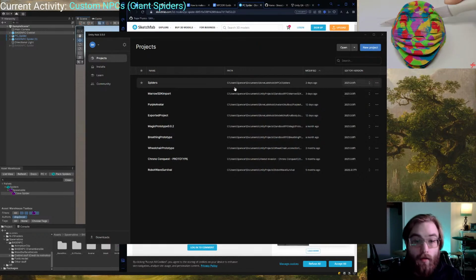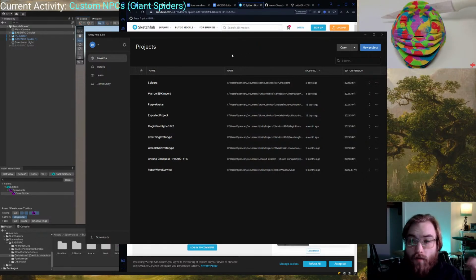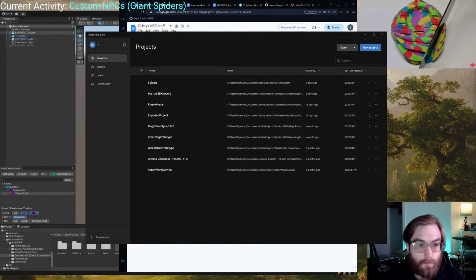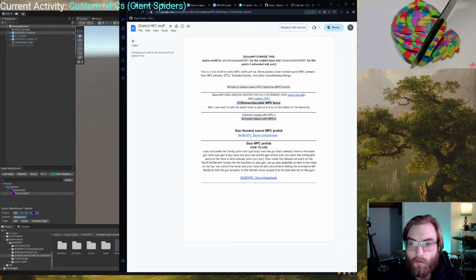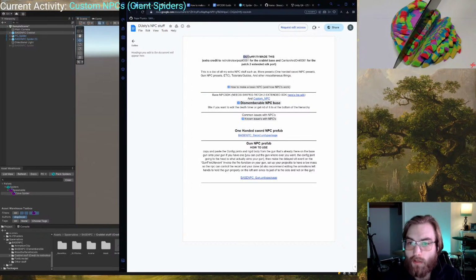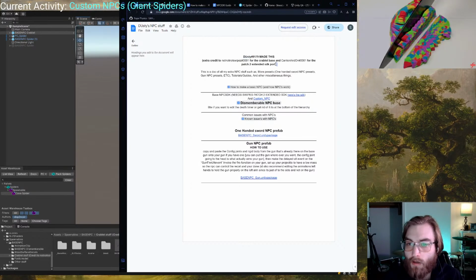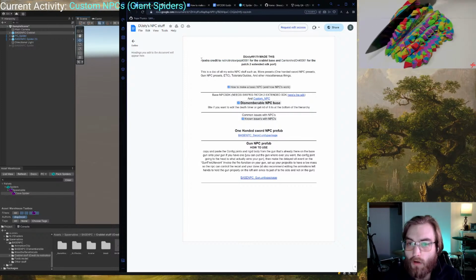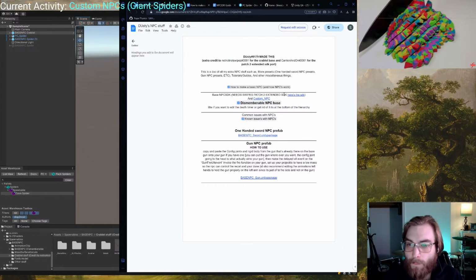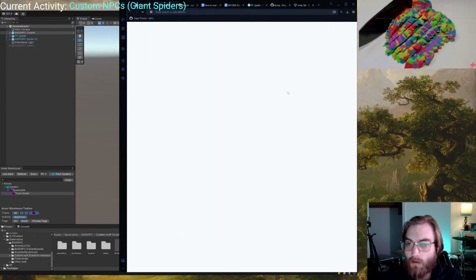Okay. Now that you have Unity installed and you have the correct version that'll work with Bonelab, you'll want to go to the Google Doc, which I put in the description. And right here, this was created by Dusty, so big thank you to you. They also, I believe, put together the tools for actually,